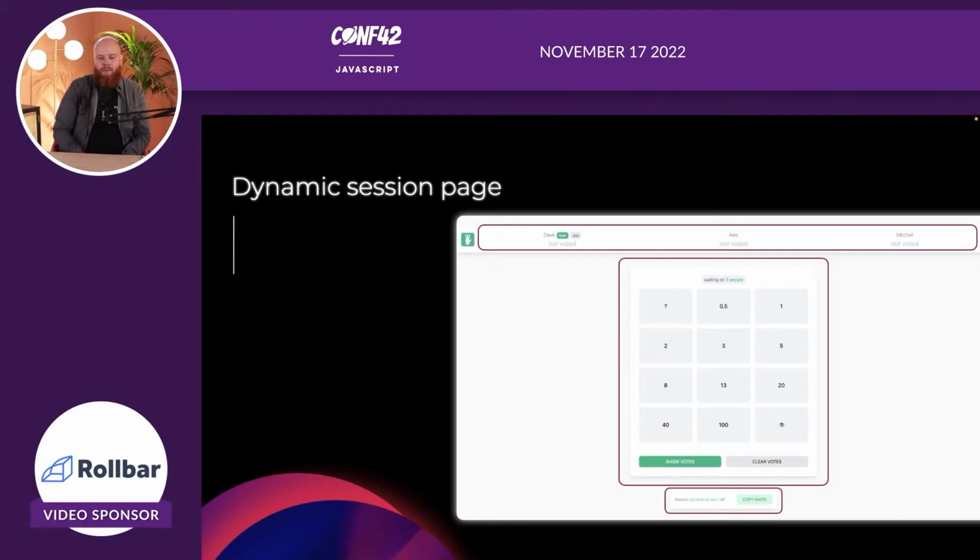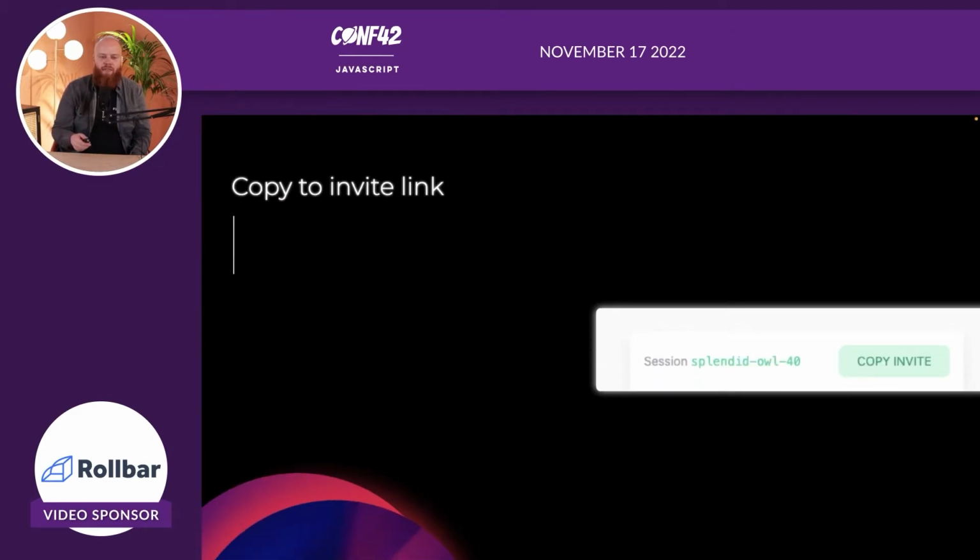And then in the end, we have this little bit where we say copy invite, because of course somebody starts a session and then you want to share that with your team, maybe in a Teams chat, and you want to send a link. So first let's have a look at that so we can finish up the previous page we looked at. Okay, so of course you can just copy something from the URL. It's maybe not as nice as a user experience.